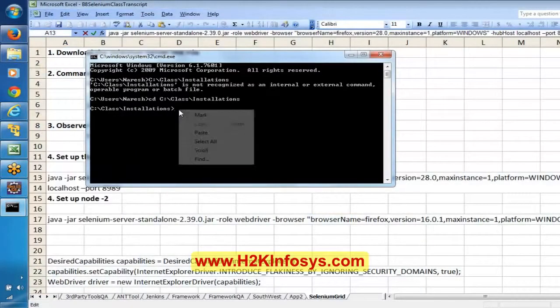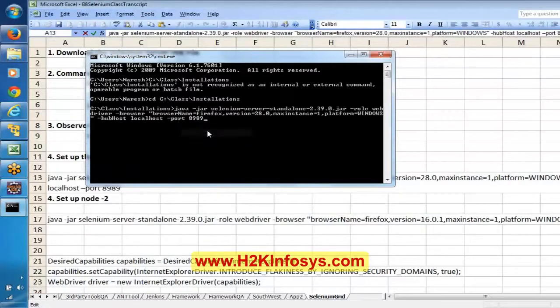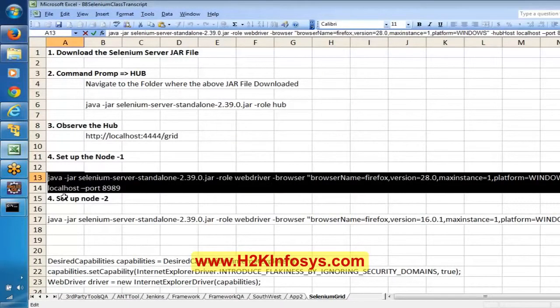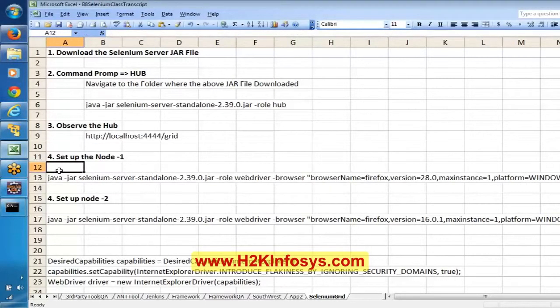Before that, let me explain what it is doing. Let me explain here itself. This looks like a bigger command, but not really. Give me a minute.